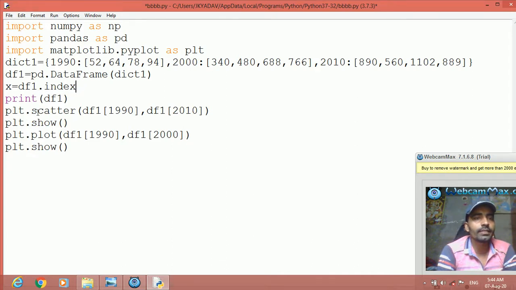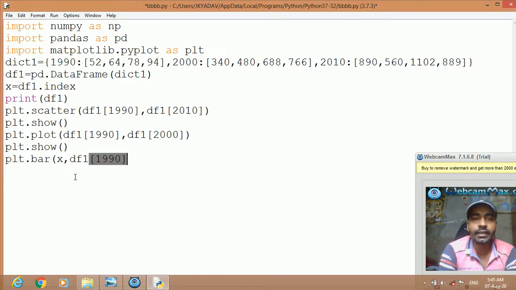This is taken. Now let us make the bar chart. plt dot bar. Then write the values. The first value we want is the x-axis, so the index will be written as the x-axis, comma, df1 of 1990. Which year? 1990. Then comma width.